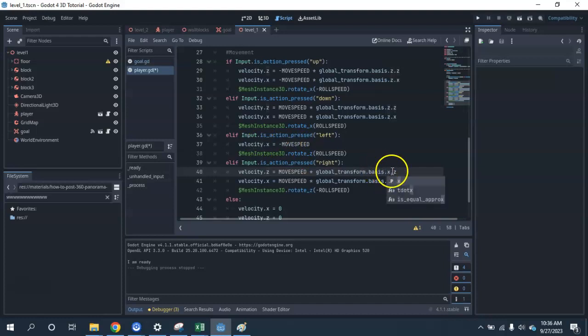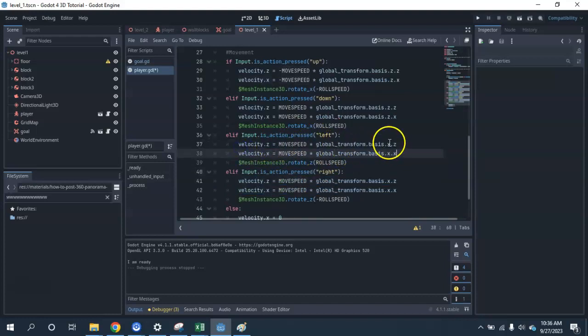So I've got to take the first Z and change that to an X, and the second Z and change that to an X. I'm still grabbing the X component for the X movement and the Z component for the Z movement, but my basis is a different basis. Hopefully that makes sense to you. Now for my left movement, and if it doesn't, I'll just copy and paste there. Again, instead of positive move speed, we're going to go negative move speed there. And if we play,